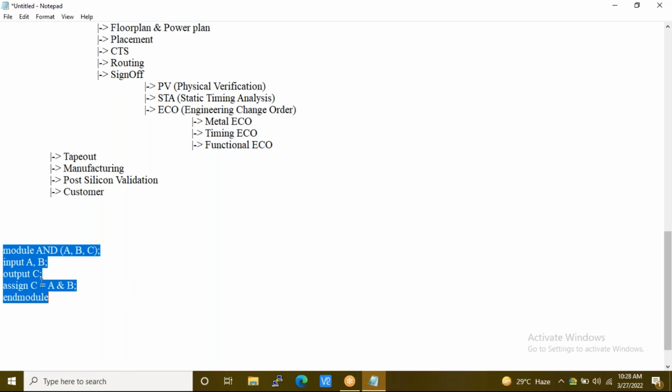And also after the physical implementation, to get a clearer picture, the DFT team will try to update this code. In this AND gate, there will not be a major update.